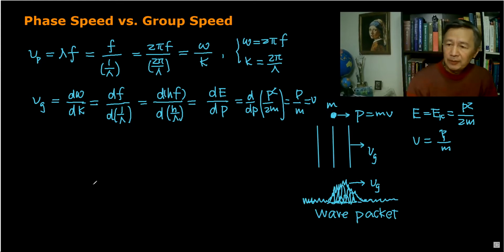But how do we form this wave packet? Mathematically, we assume that the formula for the wave packet can use psi, as a function of x and time, formed by superimposing